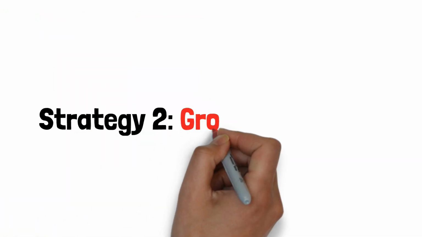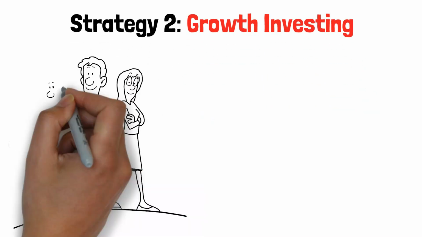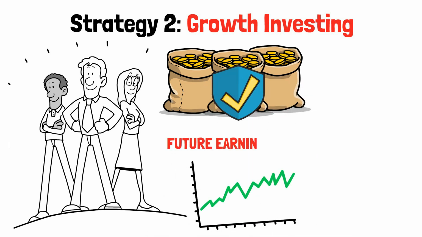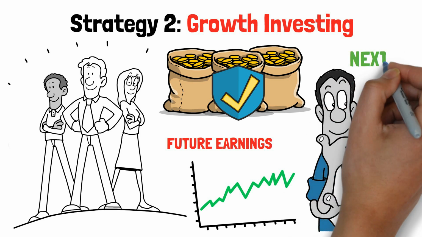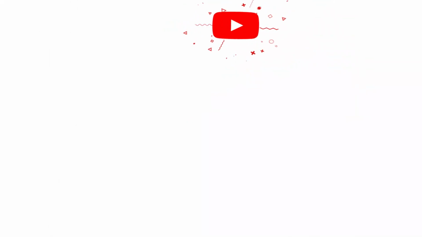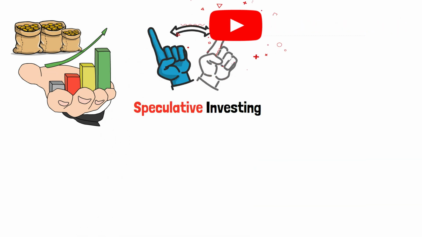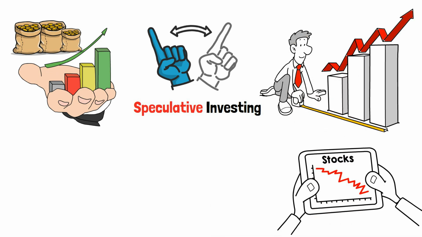Strategy 2: Growth investing. Rather than look for low-cost deals, growth investors want investments that offer strong upside potential when it comes to the future earnings of stocks. It could be said that a growth investor is often looking for the next big thing. Growth investing, however, is not a reckless embrace of speculative investing. Rather, it involves evaluating a stock's current health as well as its potential to grow.